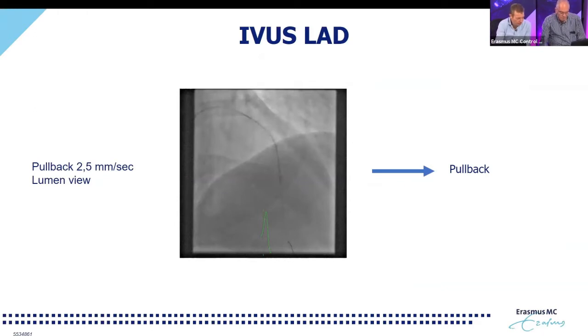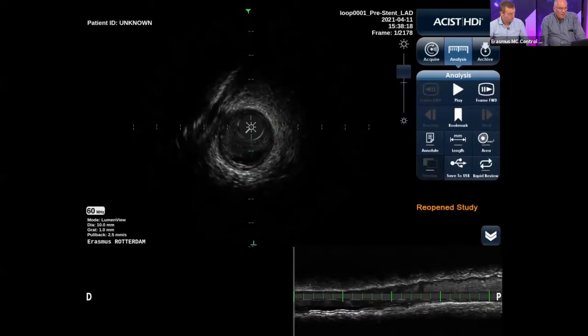So before doing anything in terms of ballooning or thrombectomy, we started with an IVUS pullback. And the key reason is that only that will help you to appreciate the true etiology of the occlusion of the stent. And without any further ado, Jurgen, let's start by demonstrating the first IVUS pullback in this patient. So okay, I already opened this in the workstation, and we started in the distal